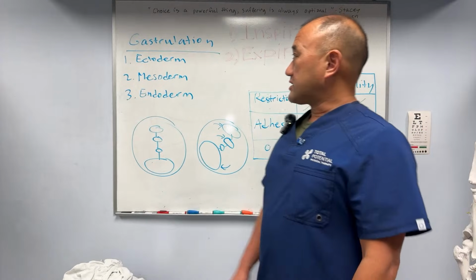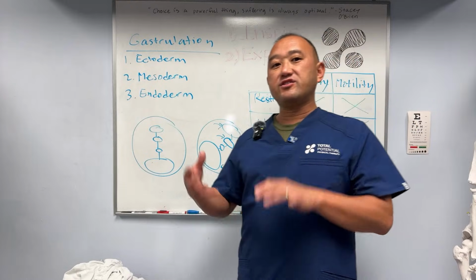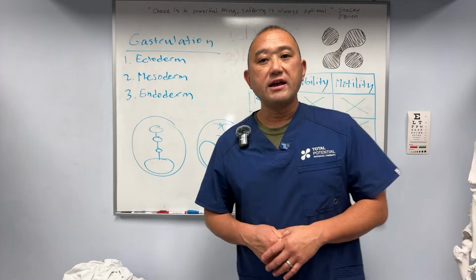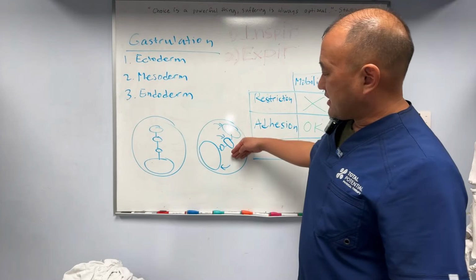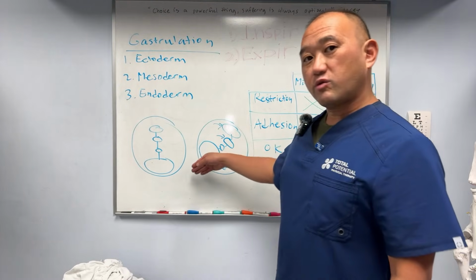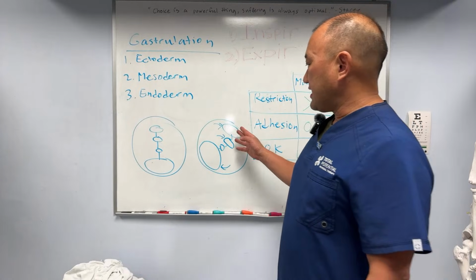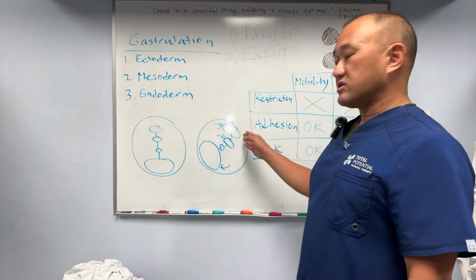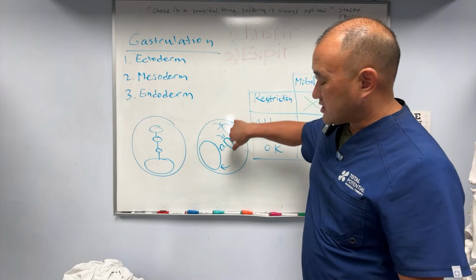gastrulation, your stomach does a 90-degree clockwise turn. Because that stomach does a 90-degree clockwise turn, it takes the liver and swings it towards the right. And in this example, it takes the kidney and spleen and swings them towards the left. And so, as a result of this swinging,